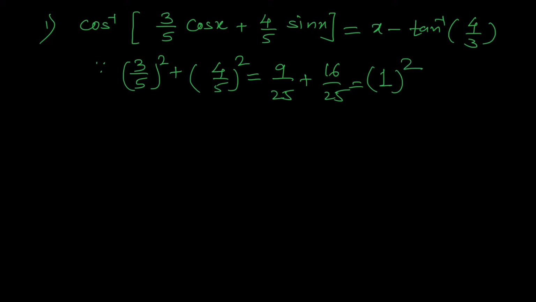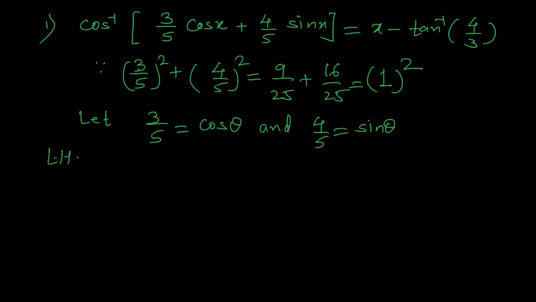In this case we want to have cos inverse of cos, and the formula for cos(a+b) or cos(a-b) is cos a cos b plus sin a sin b, or cos a cos b minus sin a sin b. But here it is plus, so it will be the formula for cos(a-b). So we will replace, let 3 by 5 equal cos theta and 4 by 5 equal sin theta. So we get LHS is equal to,